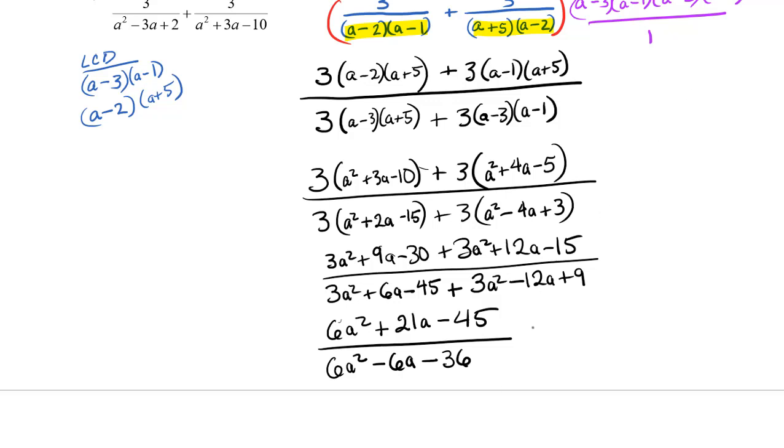Now hopefully, I paused for a moment. Hopefully you noticed that you could have factored the 3's out. It didn't even occur to me while I was doing this, but you could totally factor the 3's out, and it's not too late to do that now. If you factor a 3 out, you will have 2a squared plus 7a minus 15